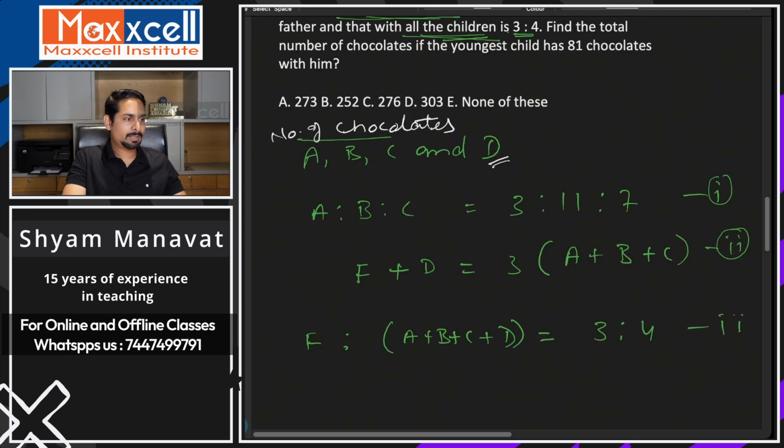If you are following me, trust me, this looks complicated, but I can solve this by using some shortcuts. Just stay with me. Find the total number of chocolates if the youngest child has 81 chocolates with him. The youngest one has 81 chocolates with him. From here, we can get some